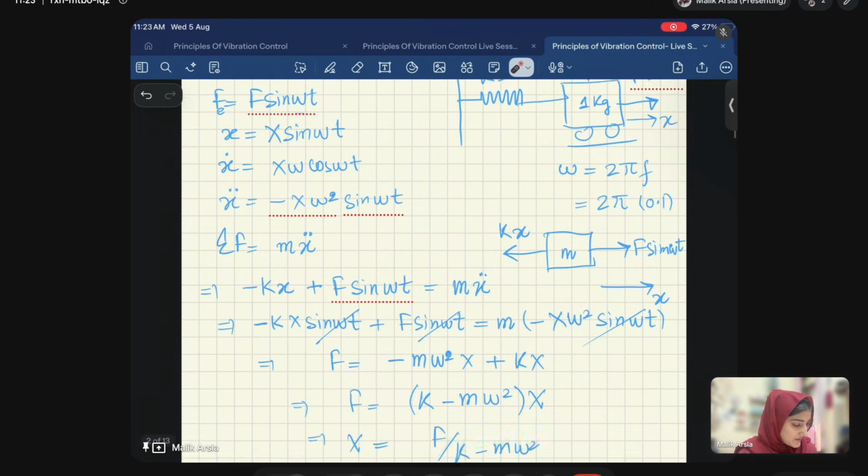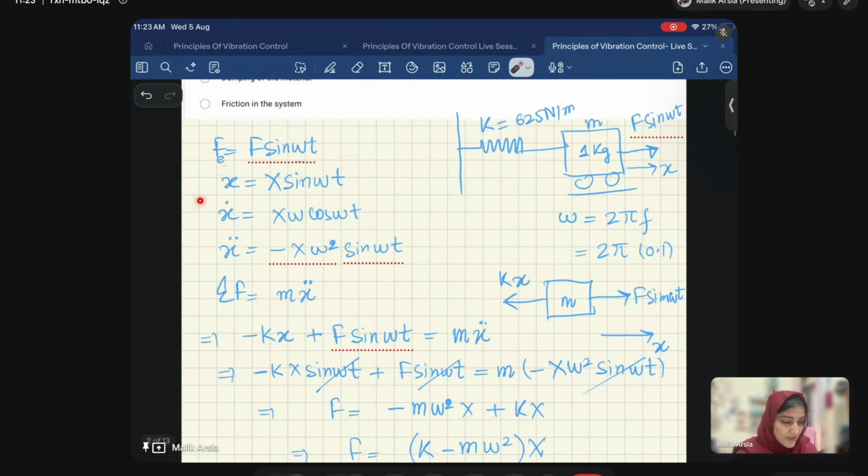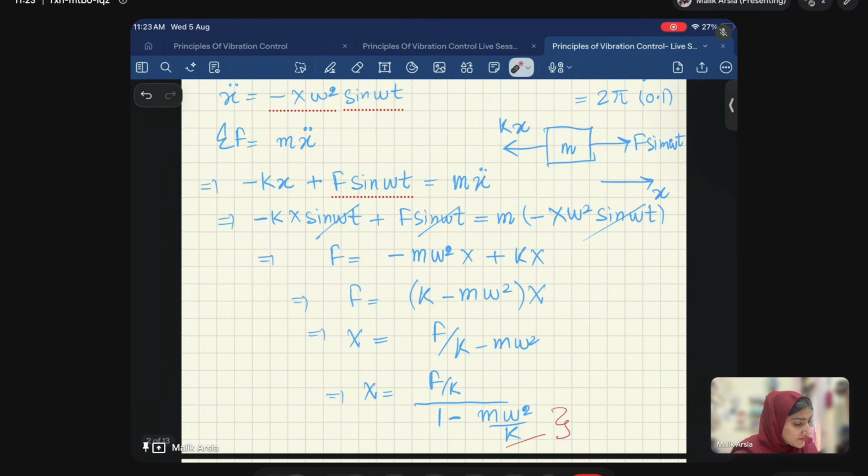I hope this is clear. Now we can put the values of x and x double dot from here. So it would be minus kx sine omega t plus F sine omega t is equal to m into minus x omega square sine omega t. So the sine omega t will get cancelled from each term, and the final equation we get is